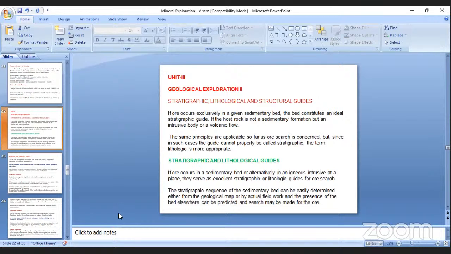How can we determine this? If we take the stratigraphic sequence of a sedimentary bed, it can easily be determined whether it is related to a geological formation or not. These must all be correlated on a geological map, and we need to carry out actual field work where we collect samples, and we have a chance to predict and search for